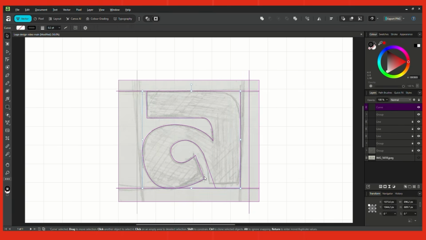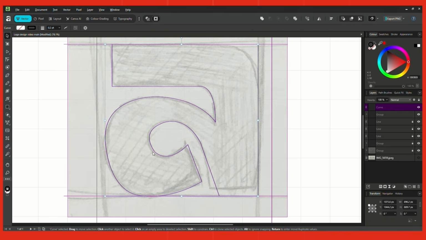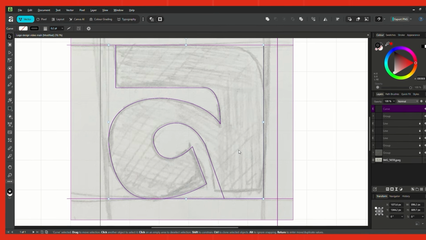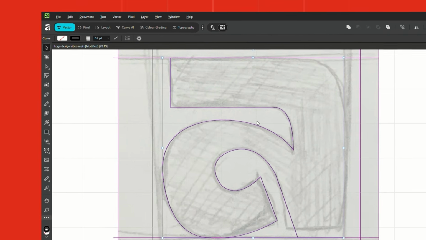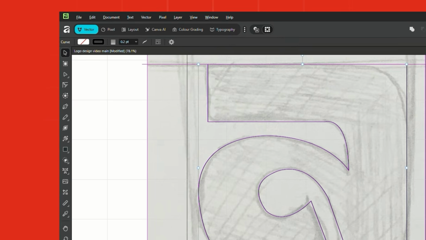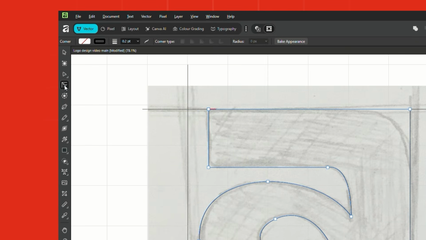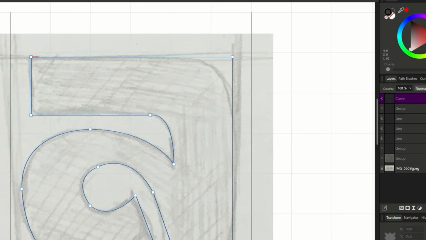Now as you can see that we have a little uneven curve. To fix that, in Illustrator we normally use a curvature tool or direct selection tool to make the corners curve. In Affinity we have different tools, but it does the same work. I'm going to go here and choose corner tool, and I'm going to click on the corner,